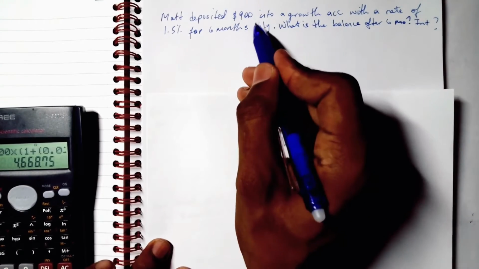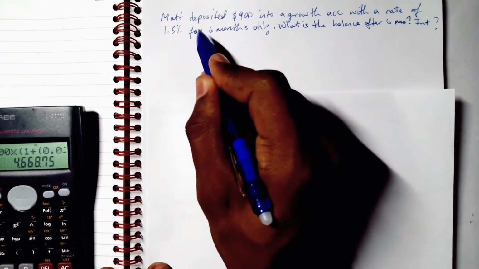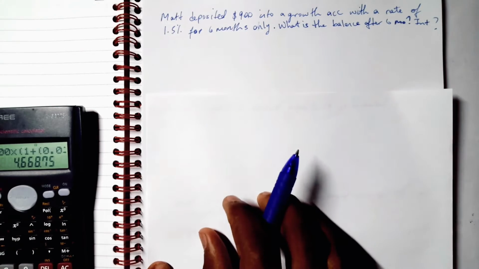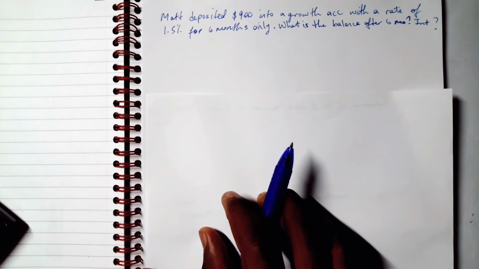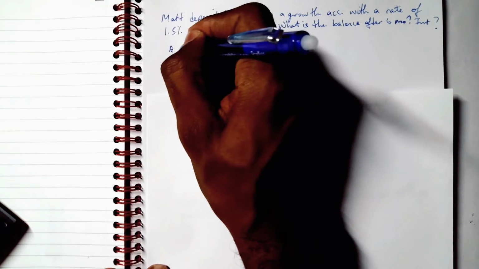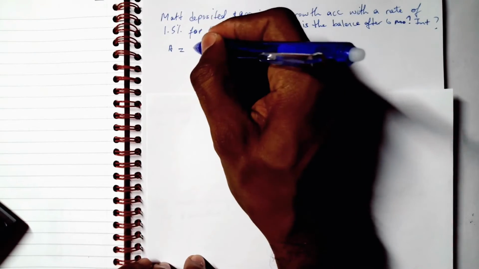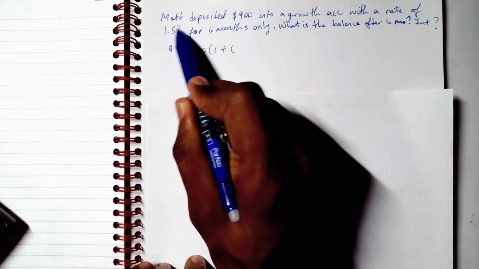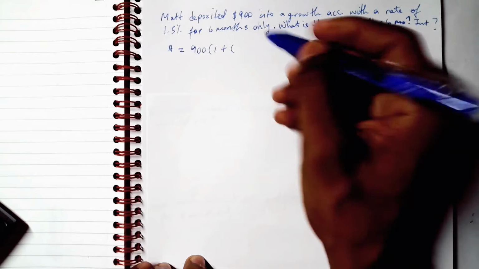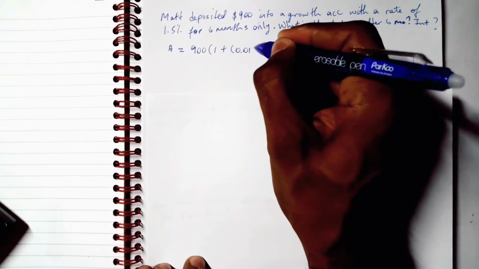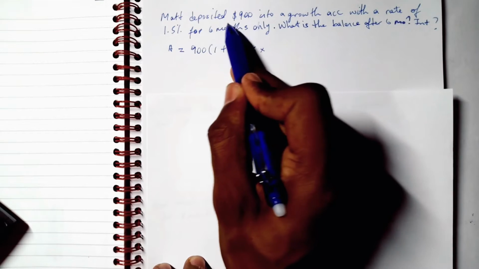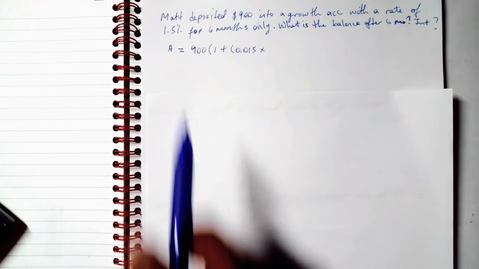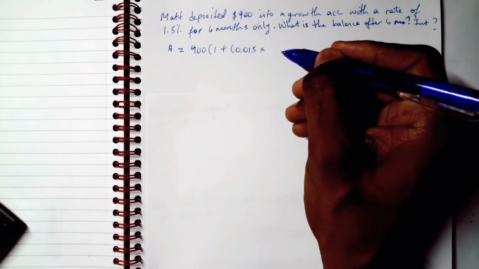Similar to what we've been doing before. They want us to accumulate the 900 at 1.5% for 6 months. I'm pretty sure we can handle that. So we're going to write it as such. A is equal to, which is our accumulated amount, principal multiplied by 1 plus decimal version of our percentage. We always do it mentally. 0.015 multiplied by, convert our months to years. We can do it. So that is going to be equal to